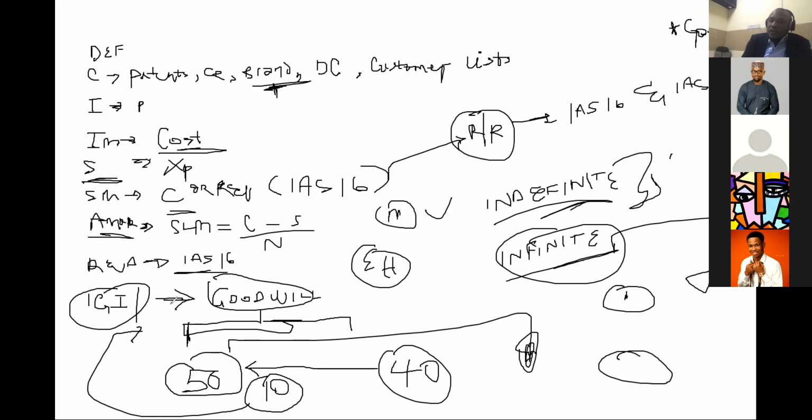Now, there's one final part to our IAS 38 discussion, which is the discussion on research and development costs. Research and development costs are also intangible assets. They have no physical form or substance, so they are intangible assets. However, when we're looking at research and development costs, by definition, all research costs must be expensed according to